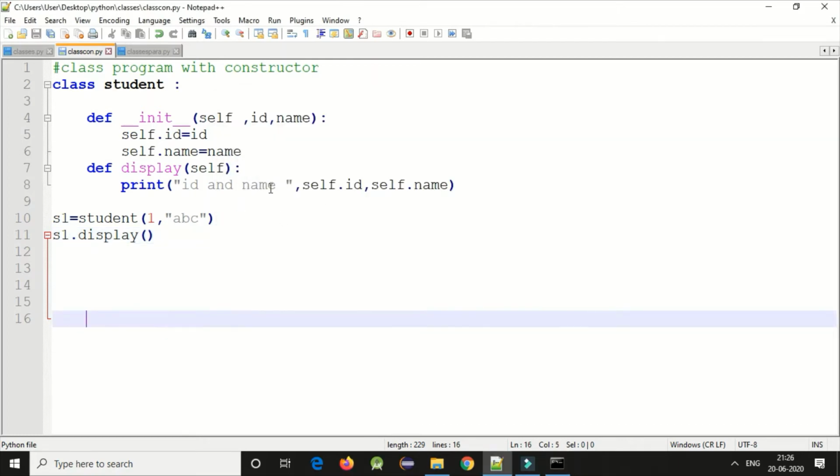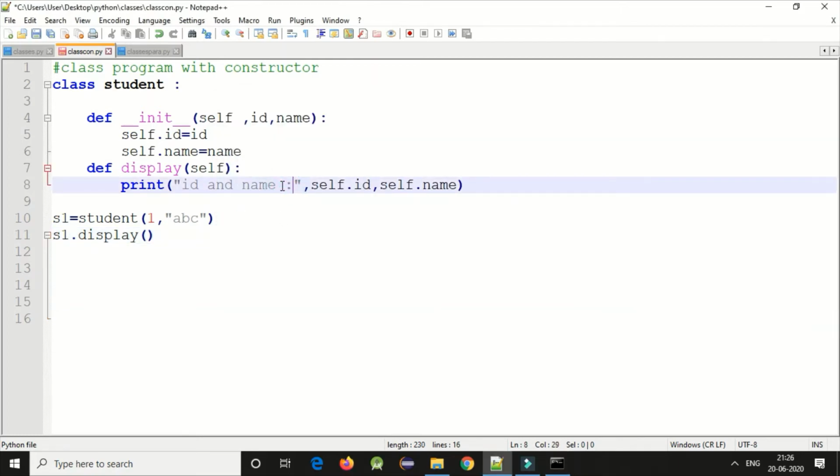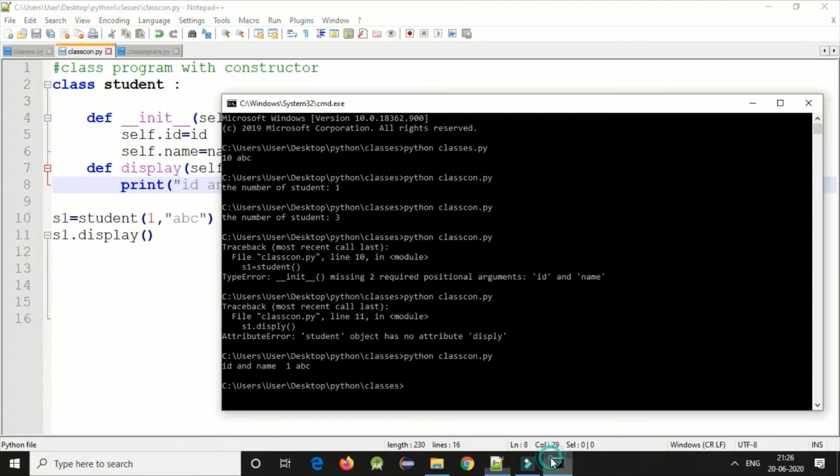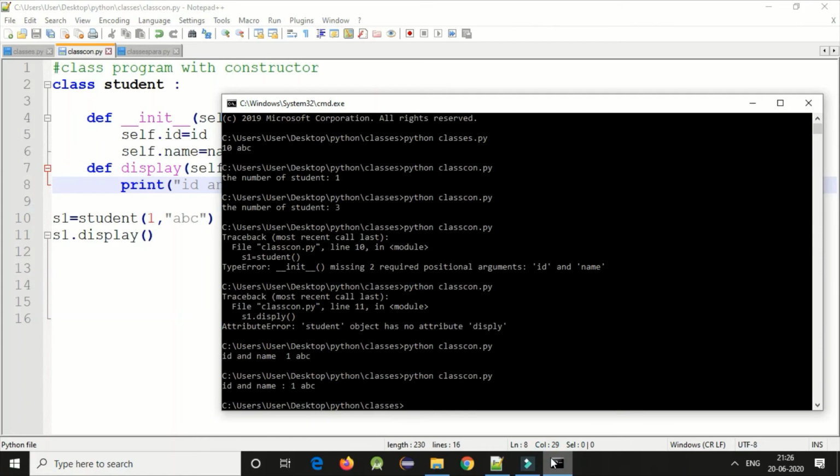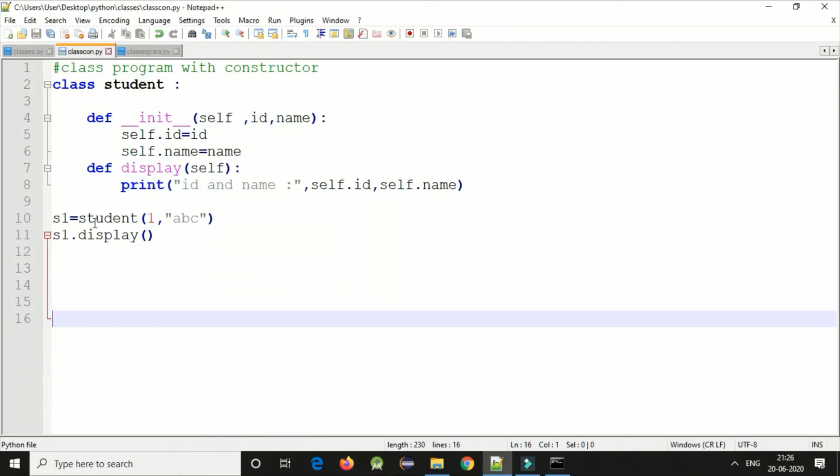So this is my constructor with parameters.